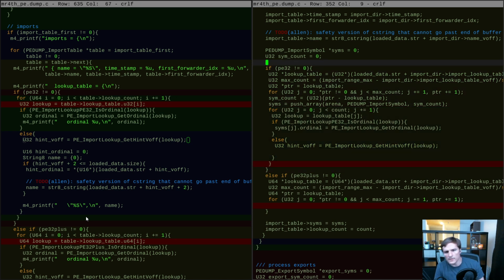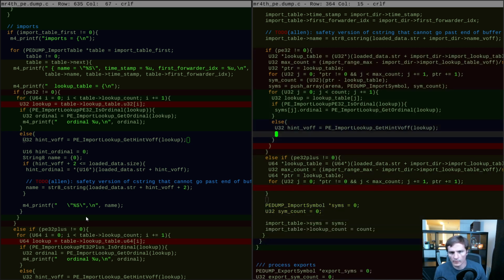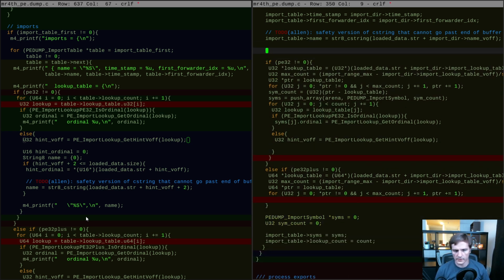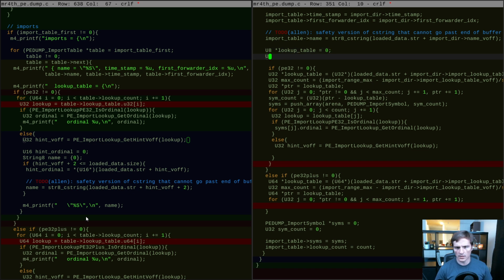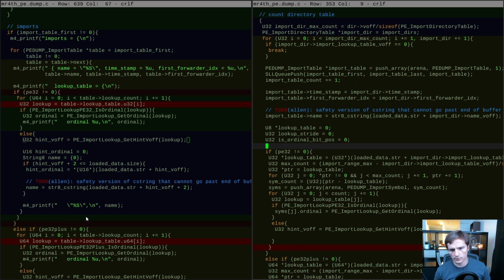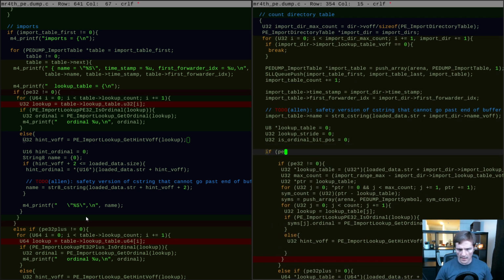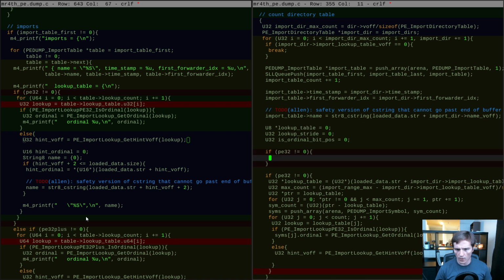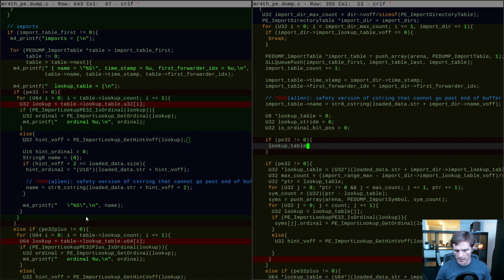You know, all of this would be easier if I could do it something like this. Lookup table, lookup stride, is ordinal mask, bit position, something like that, right? And then what we're going to do is just try to get down to one parse loop with these things being